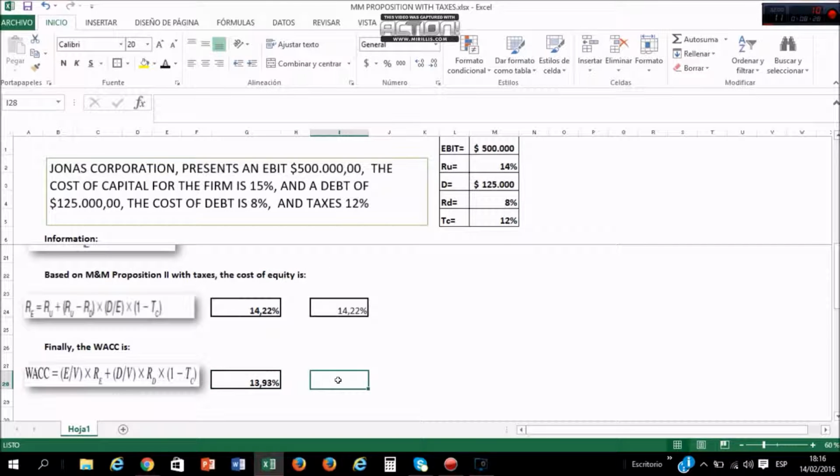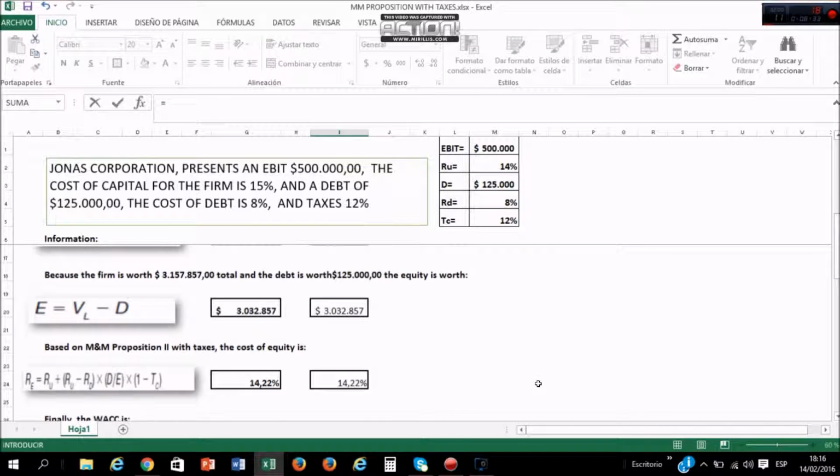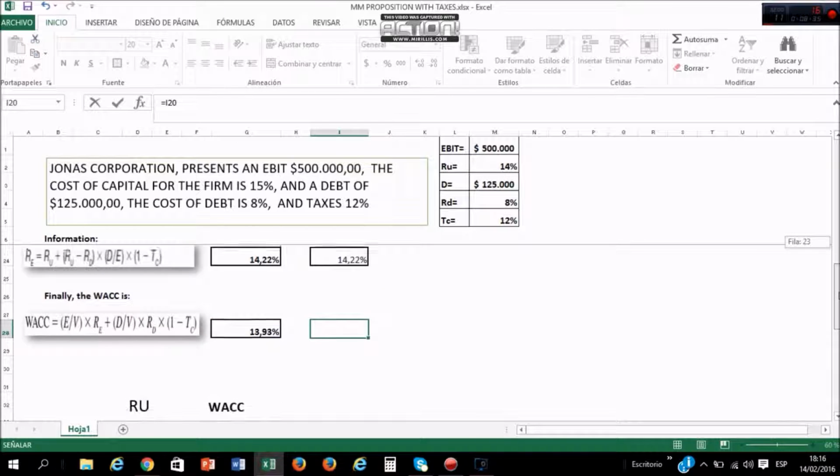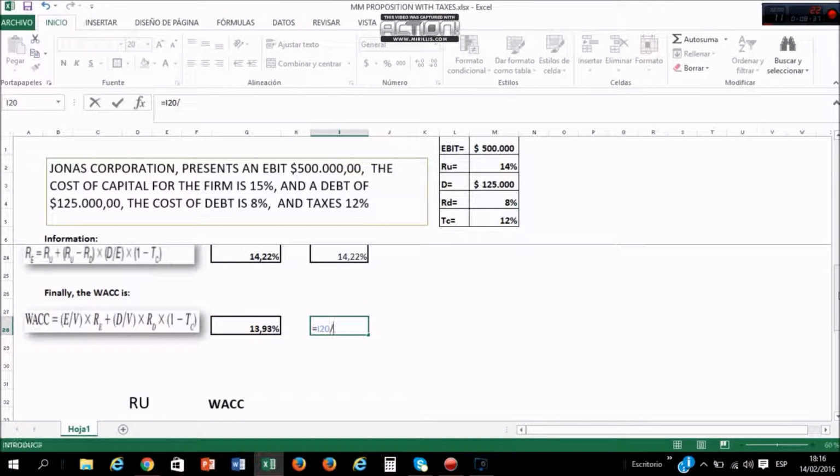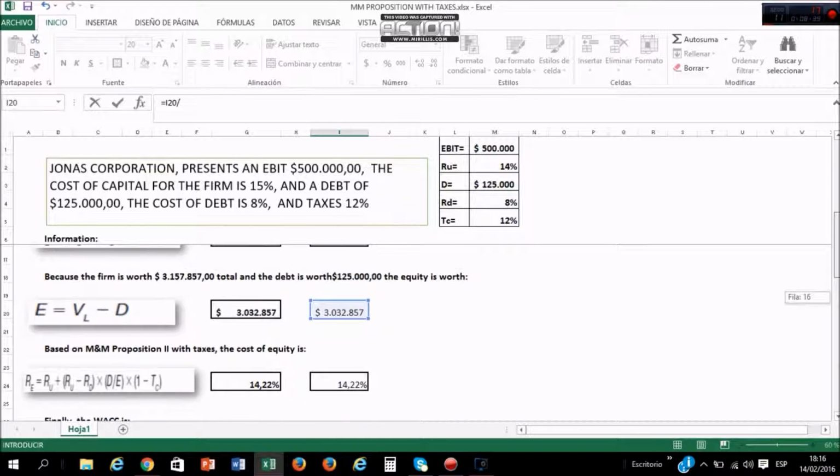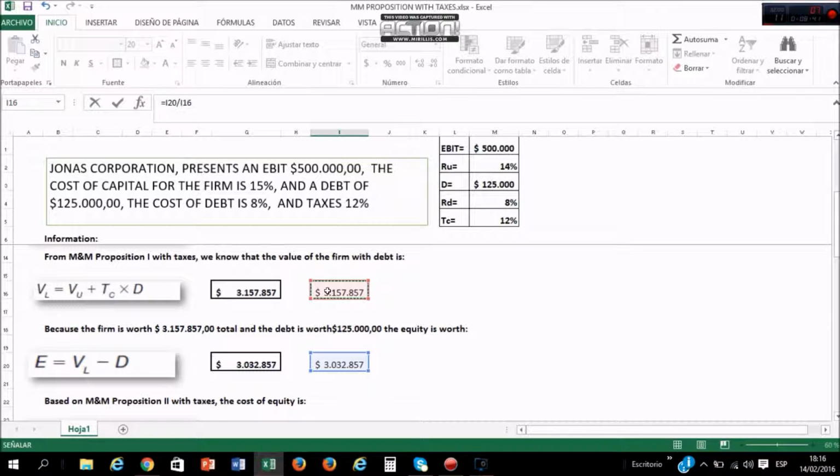So we have E, the equity, divided by the value of the leveraged firm